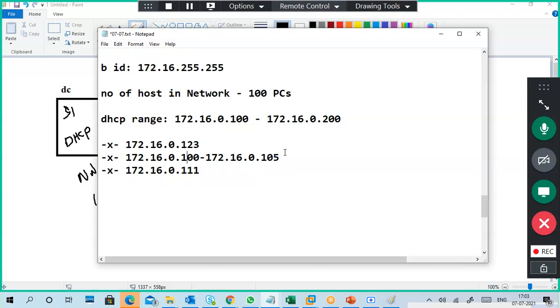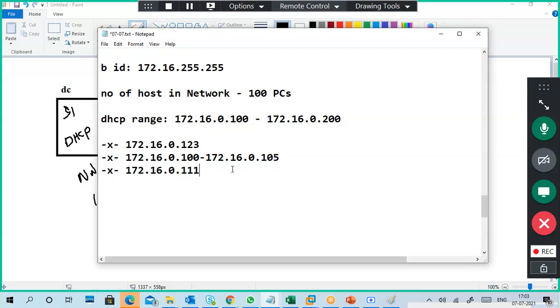So 100 to 105 exception means the next one is 106, 107, 108, like that keep going. 110, 111, 111 is automatically an exception. Don't give 111 to anyone. 112, 113, 114, 115, like that keep giving. 223, don't give anyone; start giving again from 224.